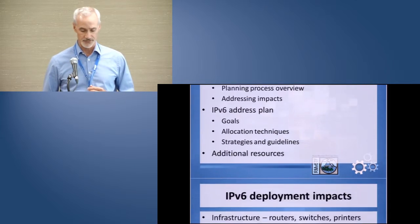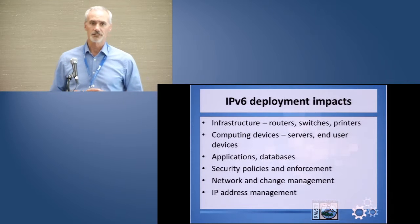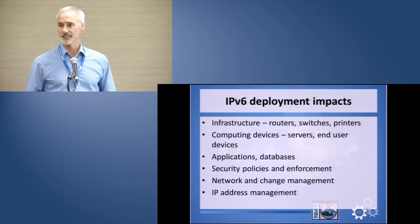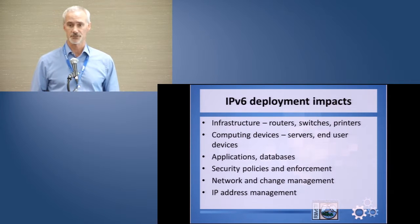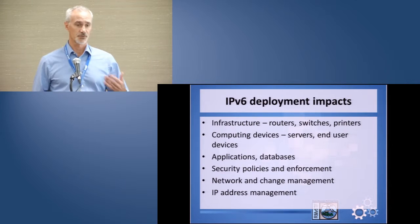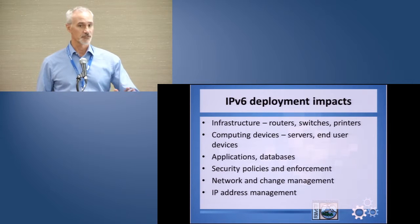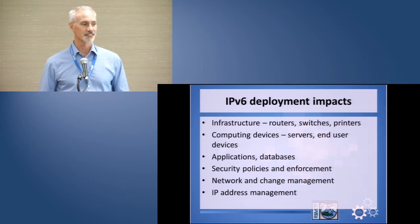It's basically just a way to play around with different layers of address allocation that I invite you to use at your convenience. So with respect to the overall IPv6 deployment process, clearly IPv6 is going to impact every aspect of your network. So from your routing infrastructure, switches, to the computing devices, servers, end user devices. And unless you bought all your network components maybe 15 years ago and haven't upgraded them since, you probably have IPv6 capability on all of those elements of your network today